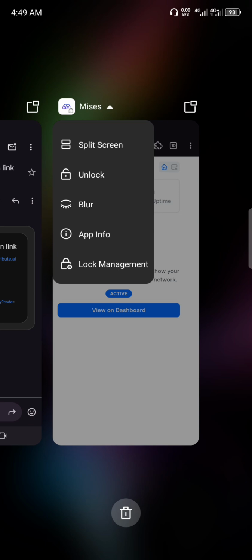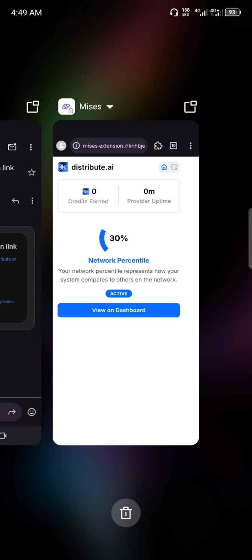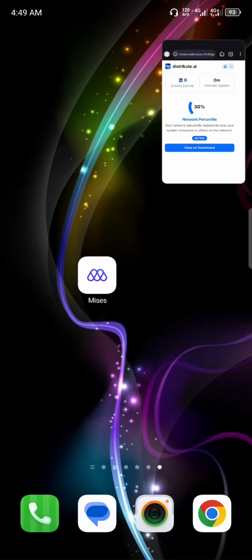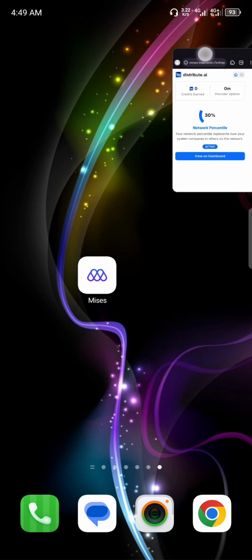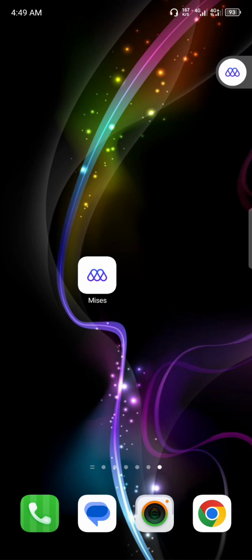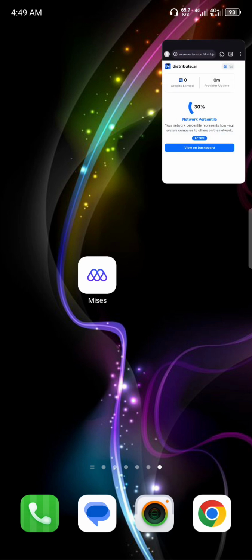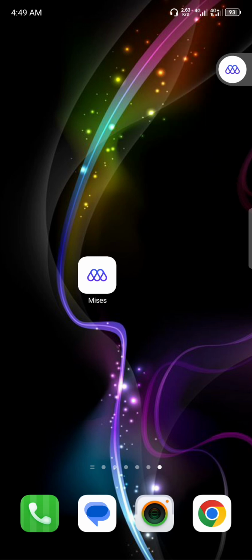Whether you are using a Redmi device, Samsung device, a Tecno device, Vivo device, any device that is running on Android 13 or higher, you're going to see floating window. But if you are not seeing floating window here and you have this icon right here, you can go ahead and tap on it. So what it does is that it creates a floating window, and then you can swipe it by the side and the app remains like this, just like this. You can monitor it like this, and just like that you can go about doing anything you want on your smartphone without it disturbing you, and the app will be running 24/7, as long as it's